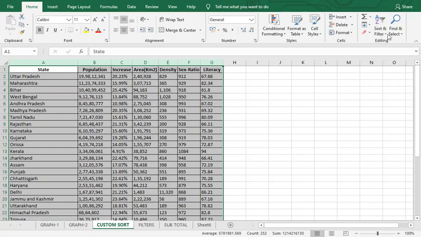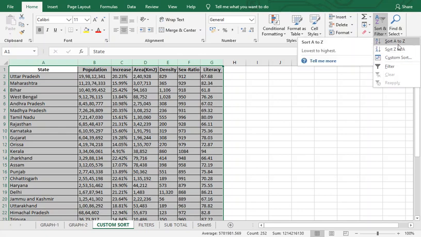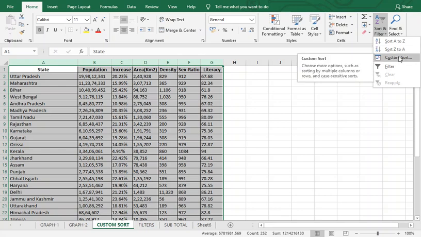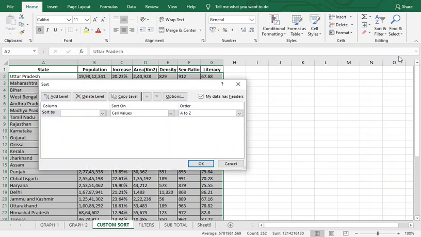Take your mouse to the sort and filter tab, and you see a down arrow here. Click on the down arrow. The first option is sort A to Z and sort Z to A, and the third option is custom sort. Click on custom sort, and this dialog box will appear on your screen.